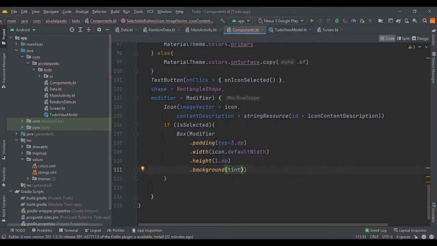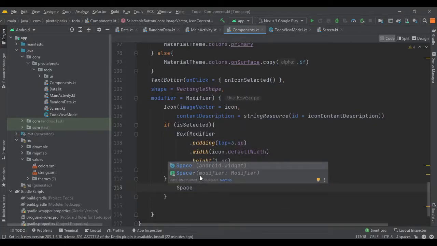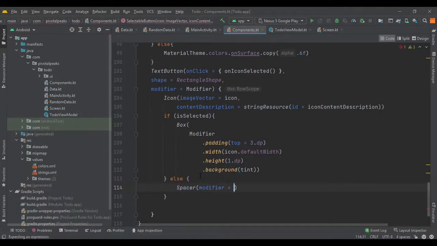For the unselected box, the rest of the icons, we are just going to provide a spacer, so it won't show anything at all. So spacer, and let's give it a height of 4 dp.